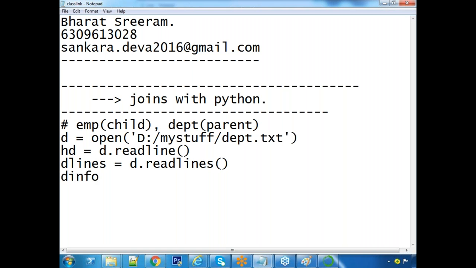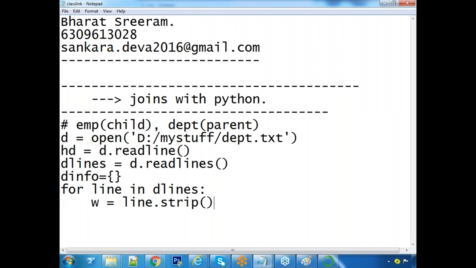I am creating a dictionary which is D info. Initially, it is an empty dictionary. For line in D lines, I am splitting that. Line dot strip dot split. Delimiter comma.